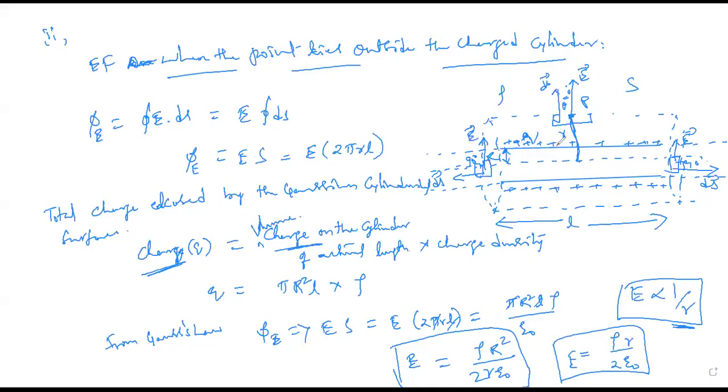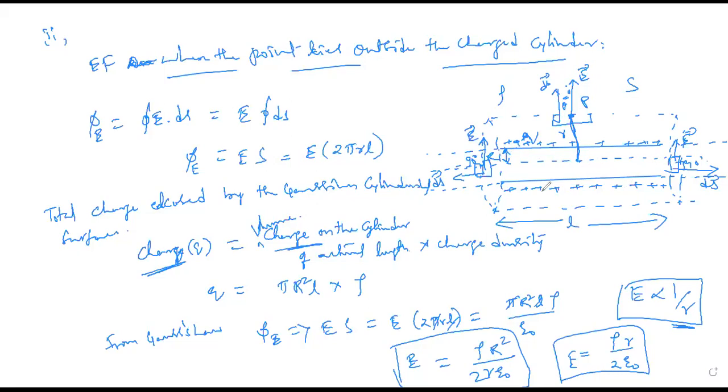When we are writing the total charge, the volume of the actual cylinder should compulsorily be taken. That's why here I have taken pi R square. You may ask, sir, it is infinite, then how can we write it? That's why it is the charge on the cylinder of actual length. The cylinder up to where we are taking, I am writing with respect to the actual cylinder with radius capital R. Will you accept that?